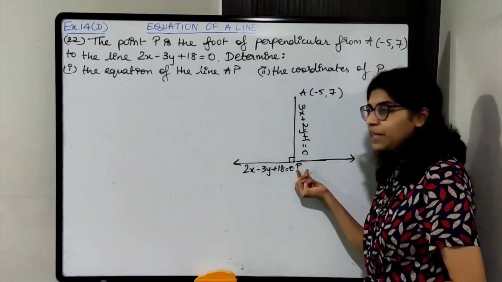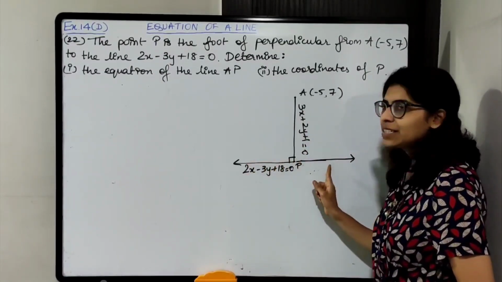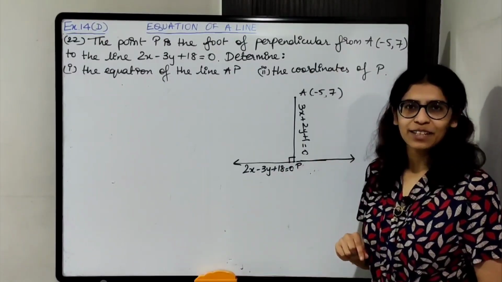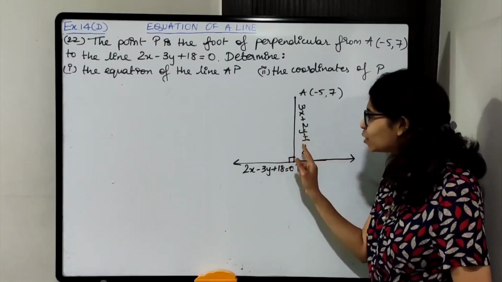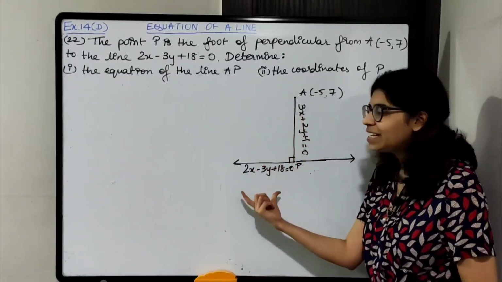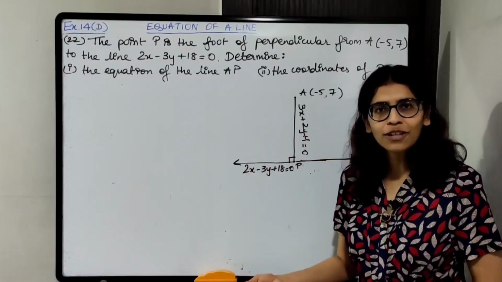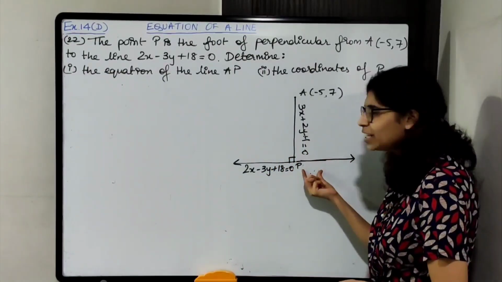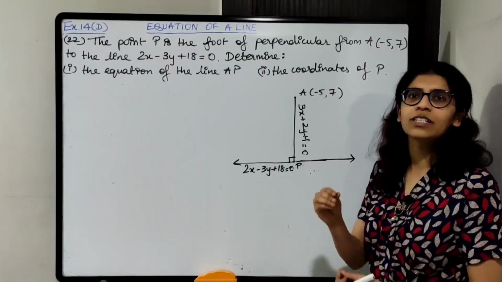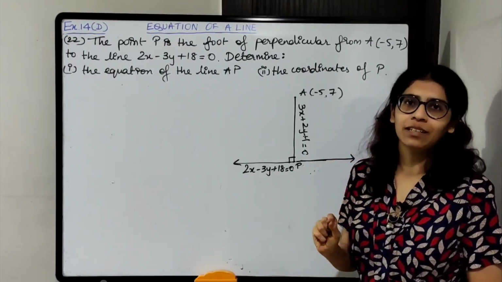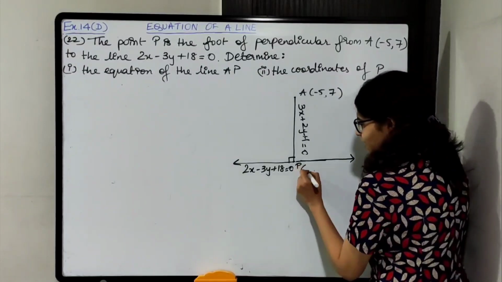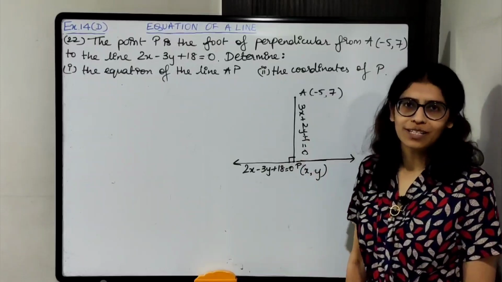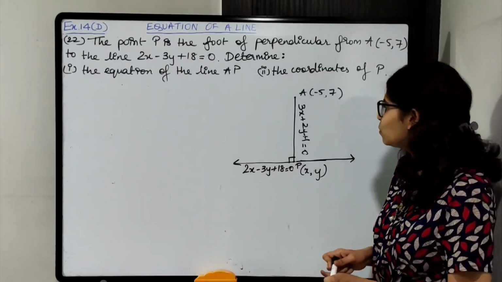So P is the point where both the lines are meeting, intersecting. So P का coordinates कैसे find out करेंगे? By solving the two equations. These are two linear equations. दोनों को solve करो. Solve करके x and y का जो value मिलेगा, that is nothing but the coordinates of P. It will give you the coordinates of the point where both the lines are meeting. Okay. So x and y का जो value मिलेगा, that will be the coordinates of this point. So it's very easy. Let's solve the two linear equations.